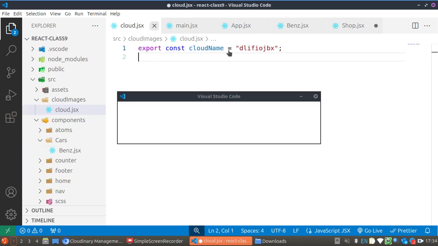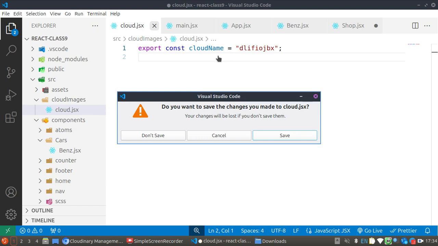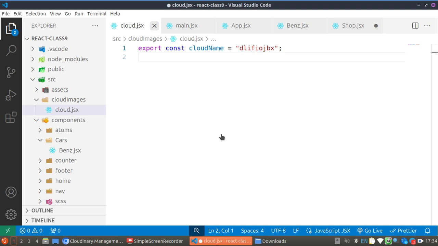So remember, I've exported the cloudName so that we won't keep repeating it. I think we need to export it. So export const